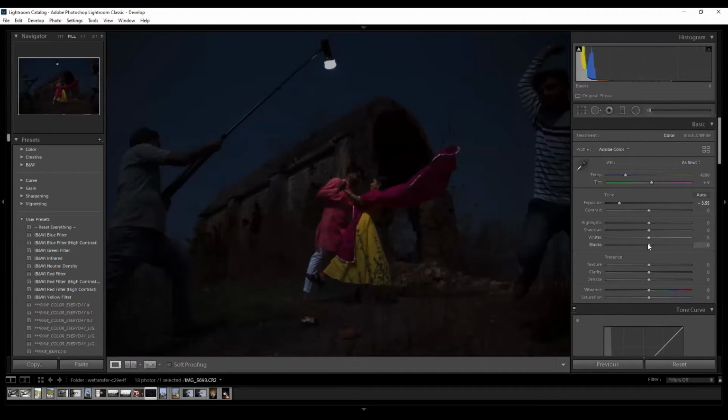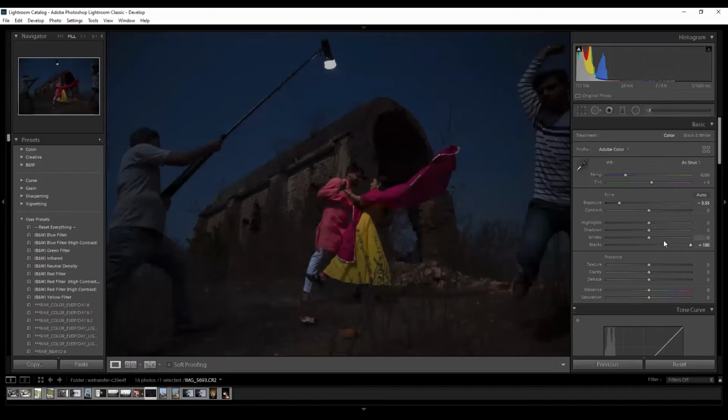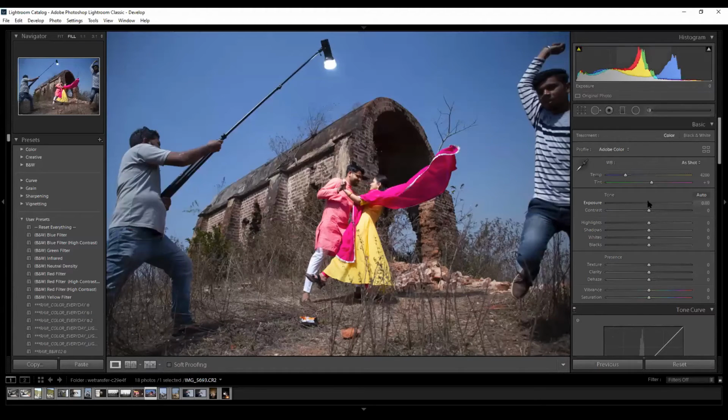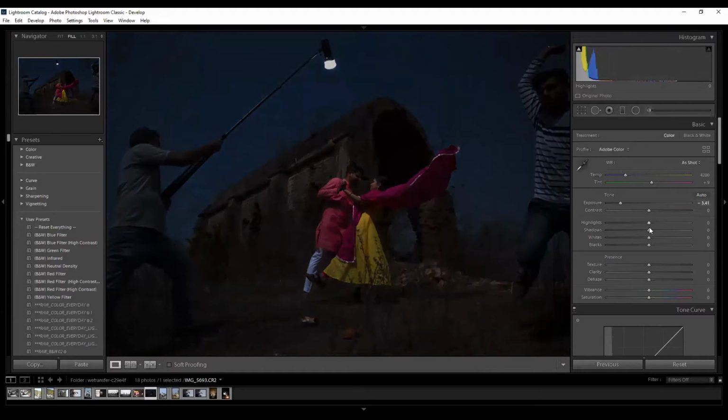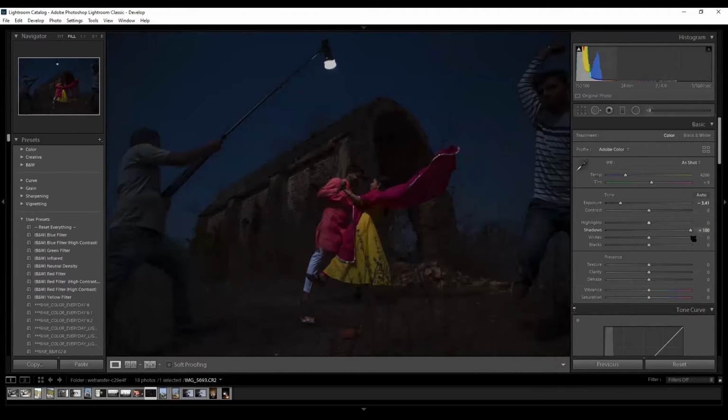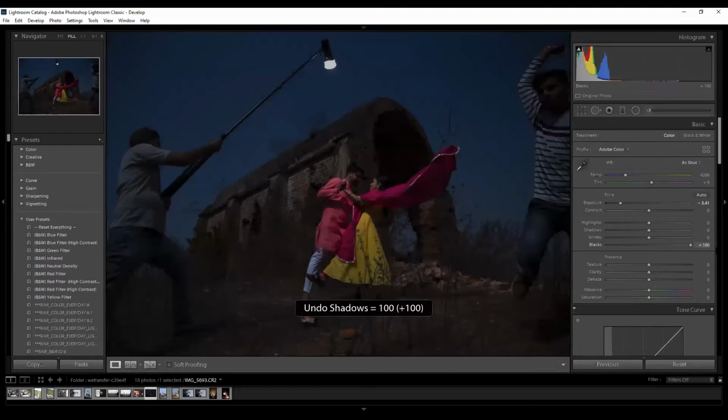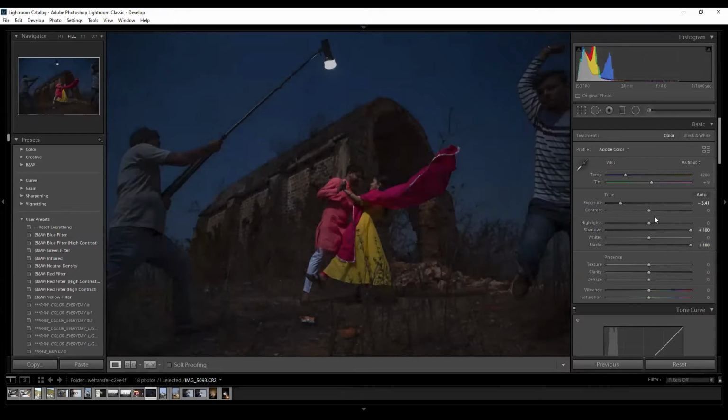Shadow just pulls up the shadows, and black will try to pull up the overall blacks of the image.